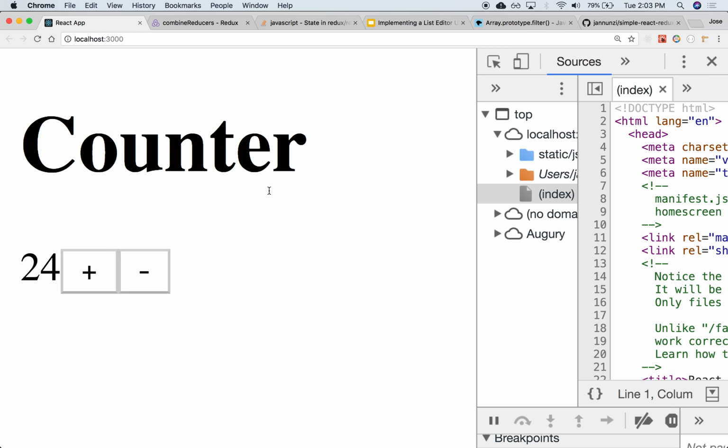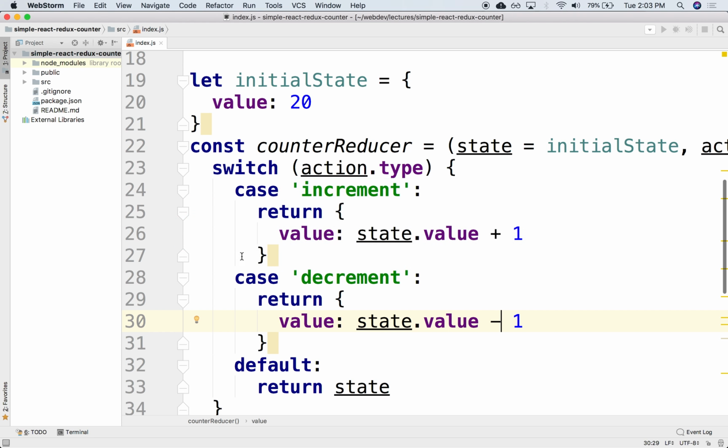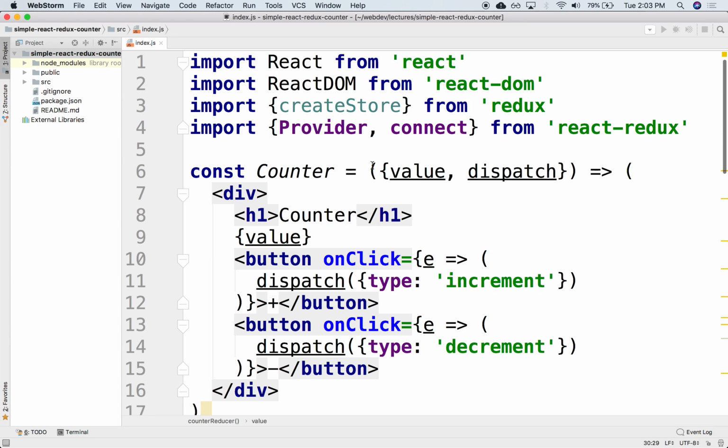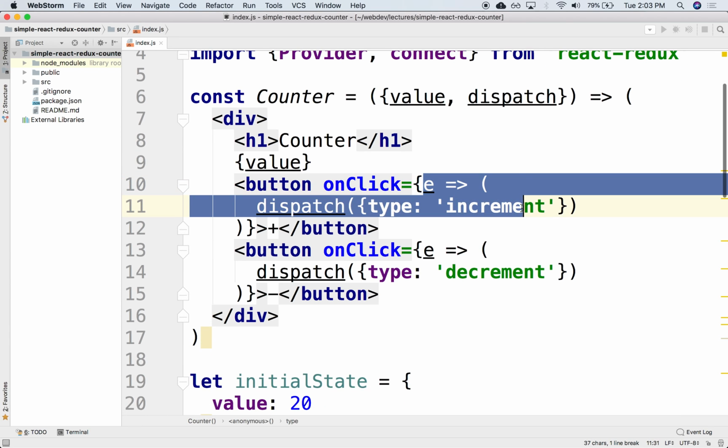All right, so we have a simple counter. You can increment and decrement. So let's apply some best practices so that we can break this up into different constituent files. For instance, let's get started first with these onClick handlers. Creating this dispatch here,